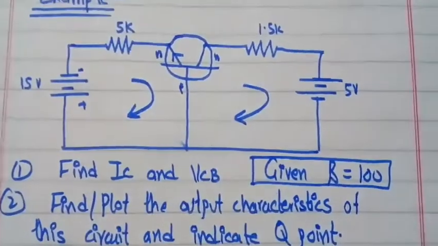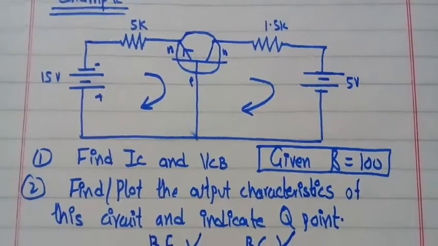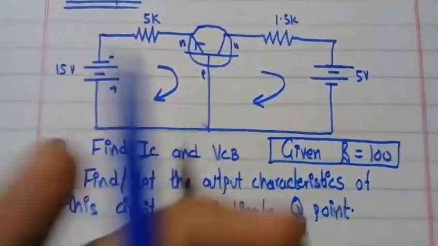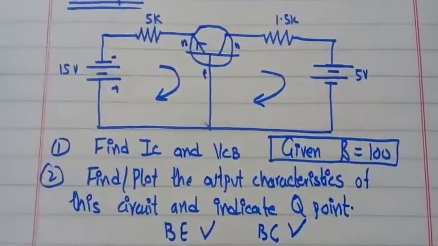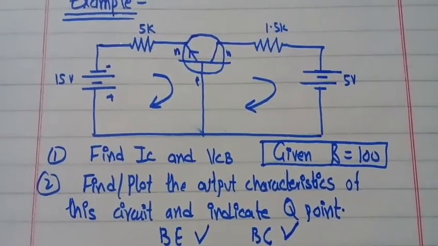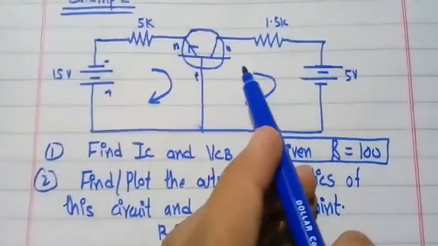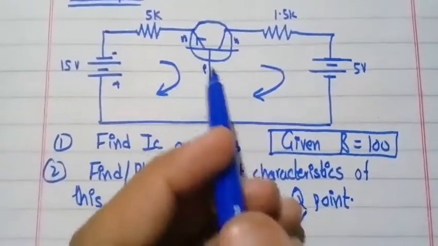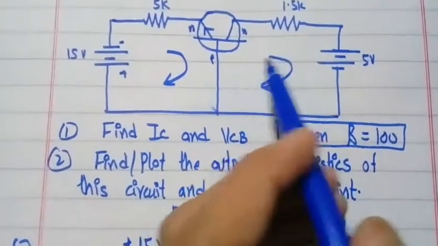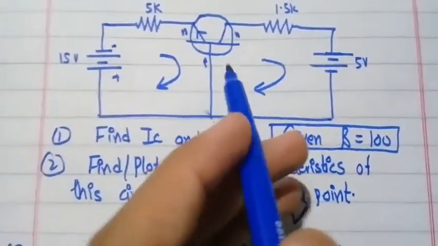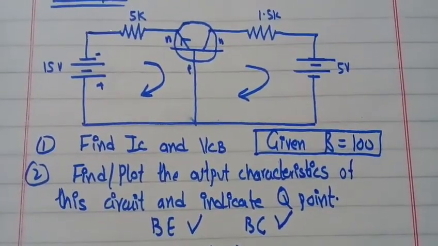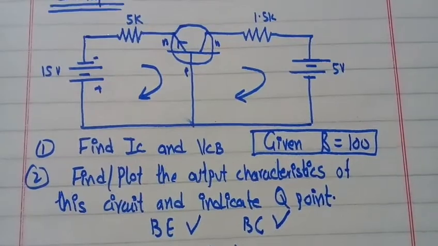From the output loop you will find the output characteristics of the transistor. In output characteristics there is a current IC, and a junction voltage VCB. The output characteristics are drawn between IC and VCB for the given value of IB, because the base terminal is grounded and common in this circuit. So for every value of IB you have to plot the output characteristics curve. So we will plot the output characteristics first.